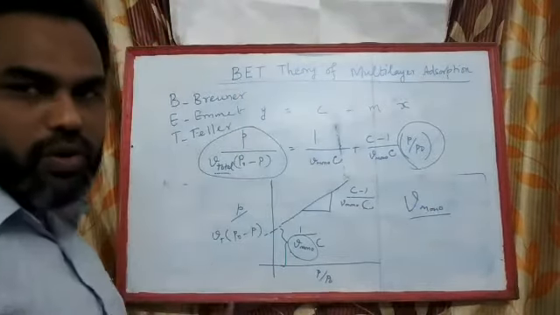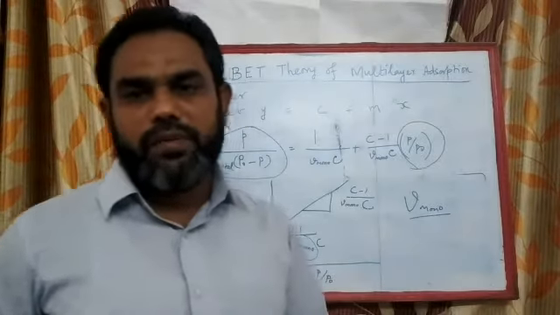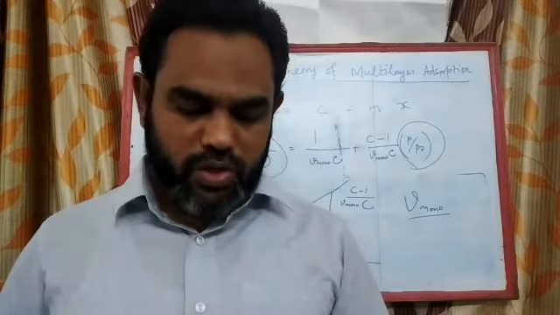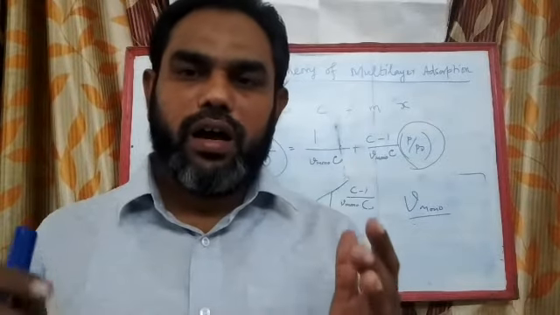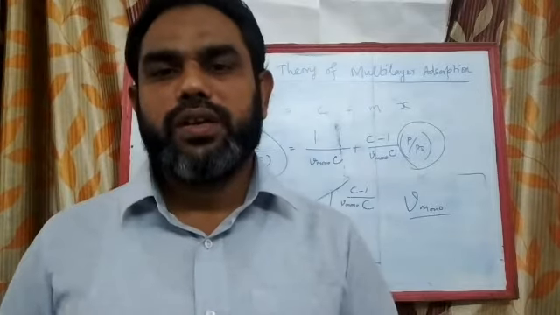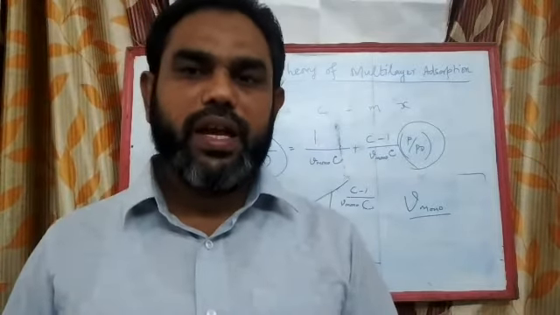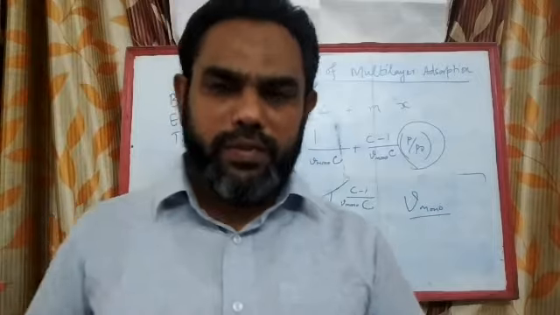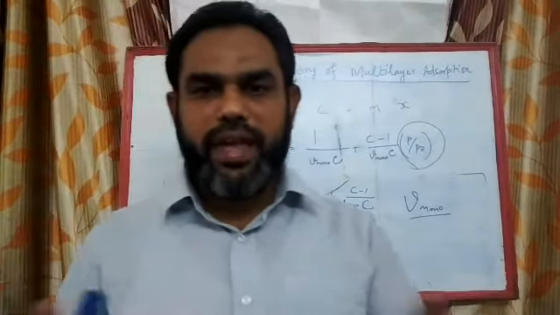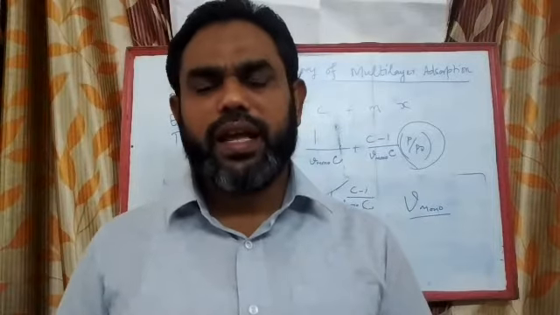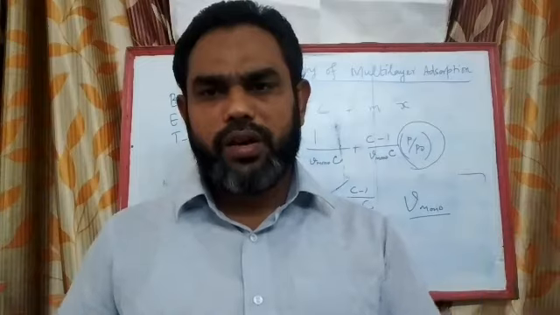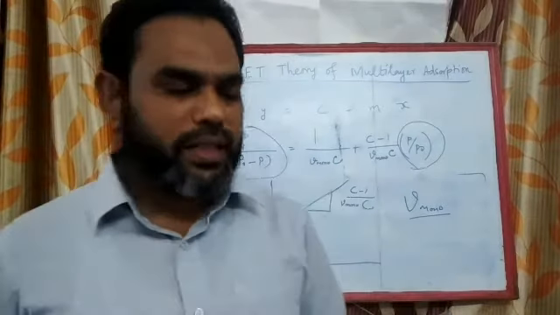So what is the V mono? V mono is the volume of the gas occupied by the monomolecular layer of adsorption. So you can calculate how much volume of gas is adsorbed on the monomolecular layer. And the surface area provided by the monomolecular layer of gas is the total volume of the monomolecular layer of gas, that is